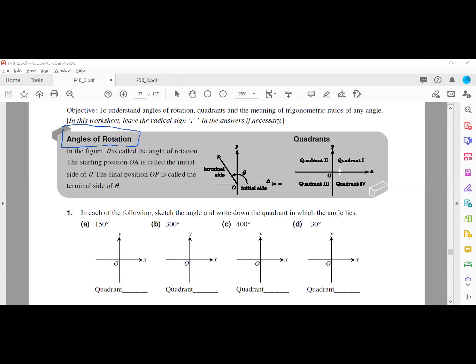You need to turn, okay? So the size of theta, the value of theta, can be larger than 90 degrees, can be larger than 180 degrees, and can even be larger than 360 degrees when you turn more than one complete cycle. Okay? But there is one thing to remember: where we start turning, and in which direction we turn. Okay, the starting position